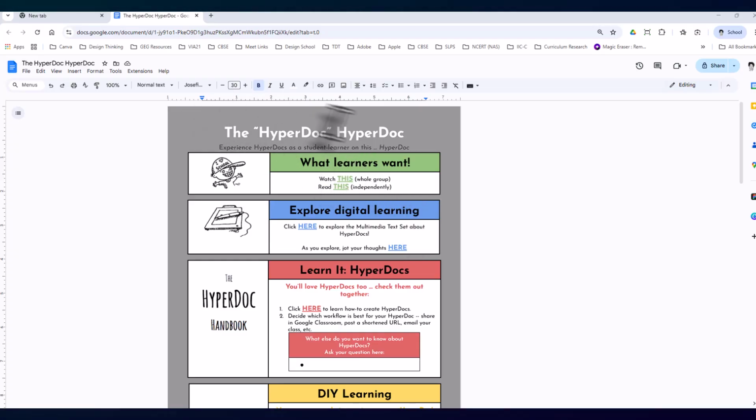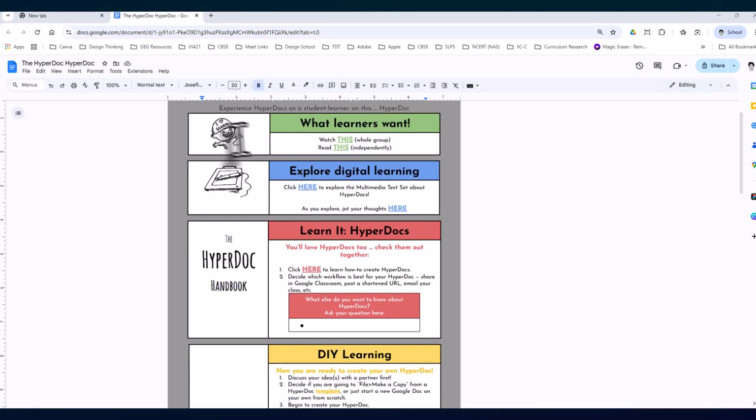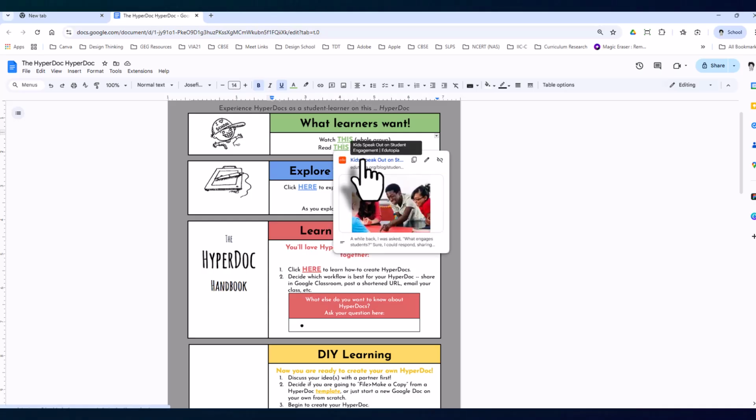So, you have a normal document, I have a title, and then I have a subtitle, and there I have created a small table, and in the table I am writing instructions for my students. So here you can see that there is text, there are visuals, so images are there, and then there are these hyperlinks. Now, hyperlinks could be videos or they could be text, anything that you want the children to see